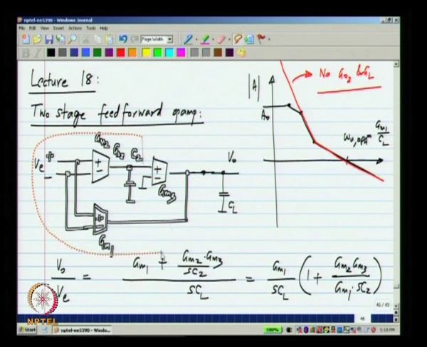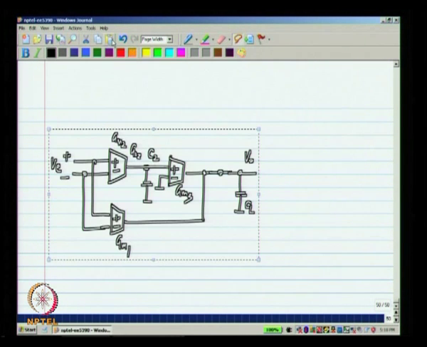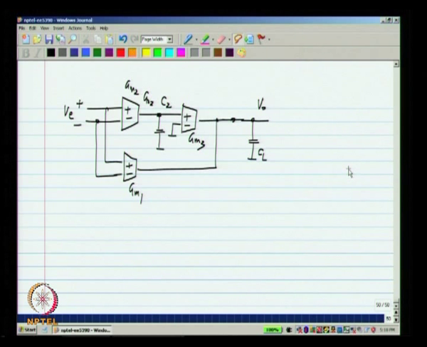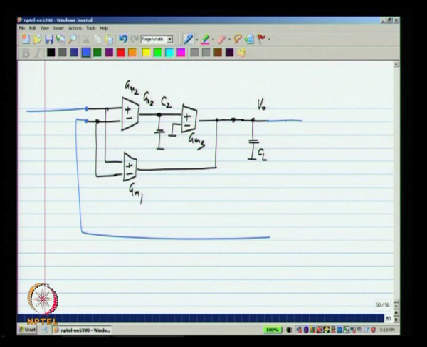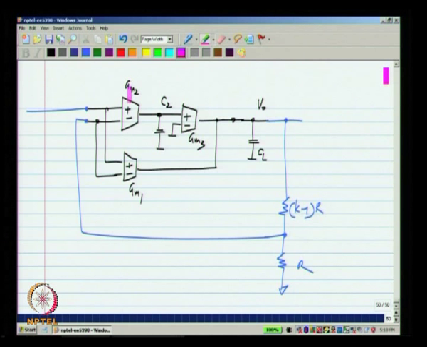Let me copy over the schematic of the feed forward compensated op amp. And what is the amplifier that I built? I took this feed forward compensated op amp and placed this in a negative feedback loop. So, what do I mean when I say the 0 is realized at a very low frequency? The 0 is pushed to a very low frequency. Either GM2 is very small or GM3 is very small or C2 is very large.